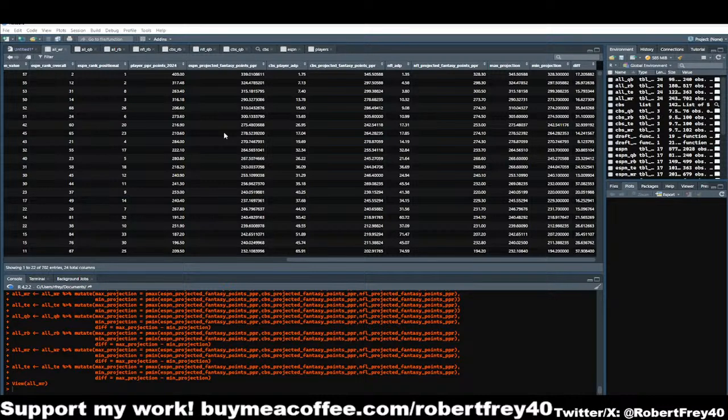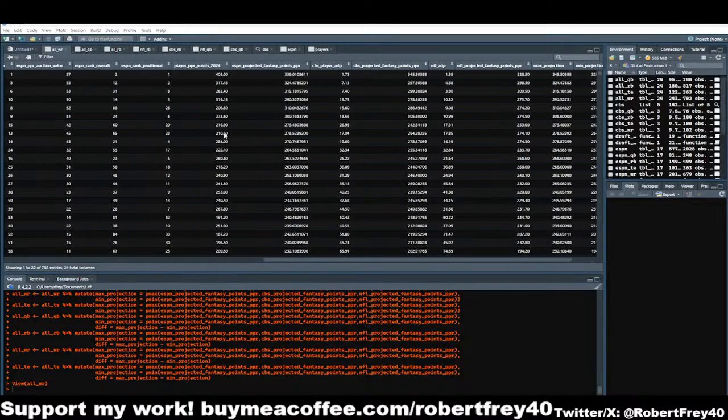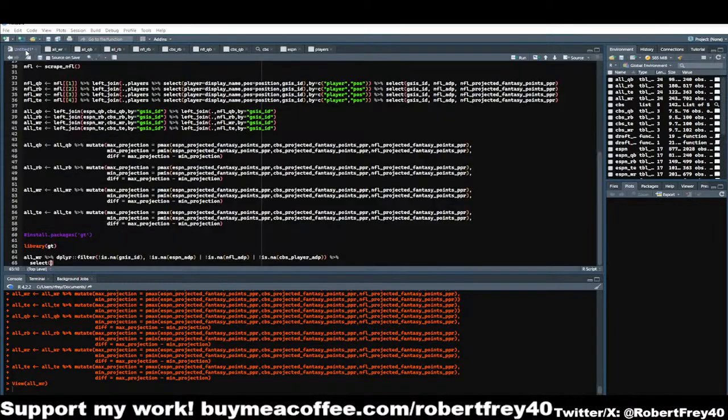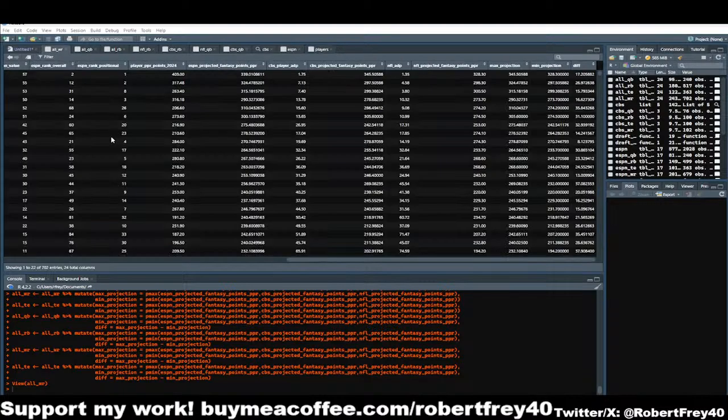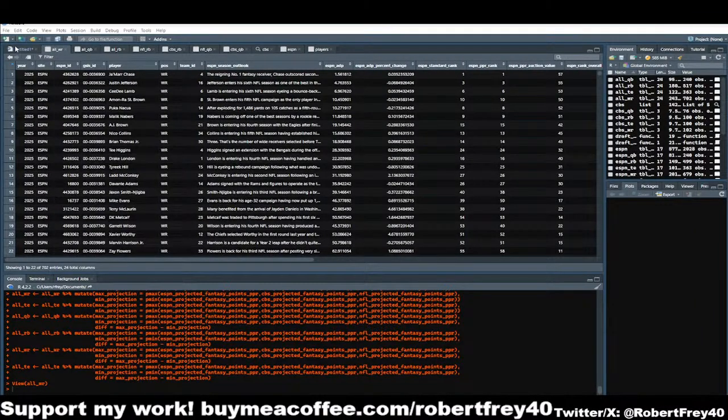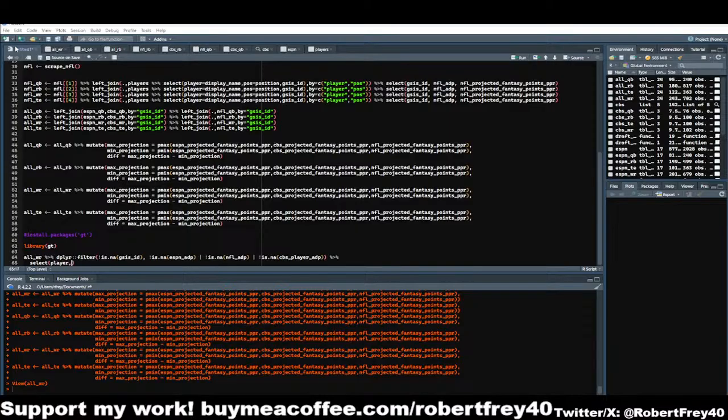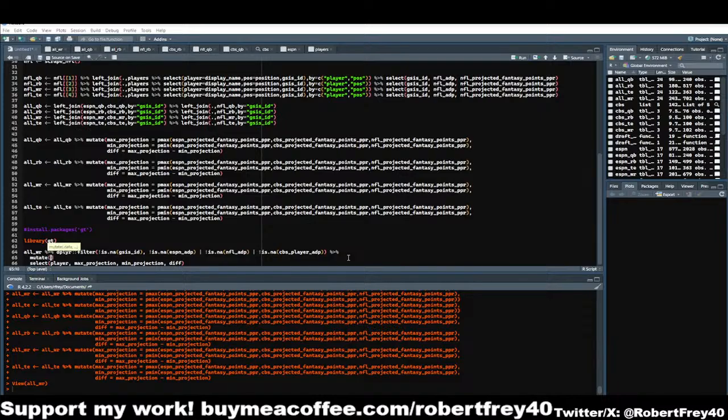Now, so let's say select player, max projection, min projection, and then diff. So you can get the difference between the three. Now, even before that,